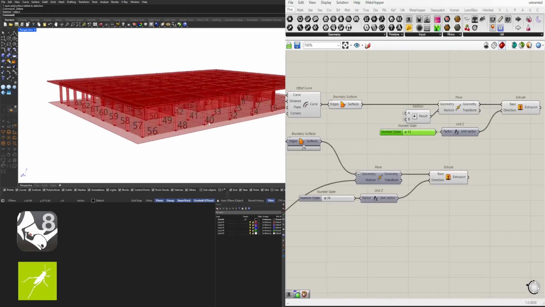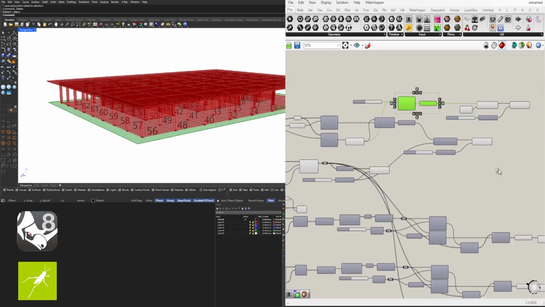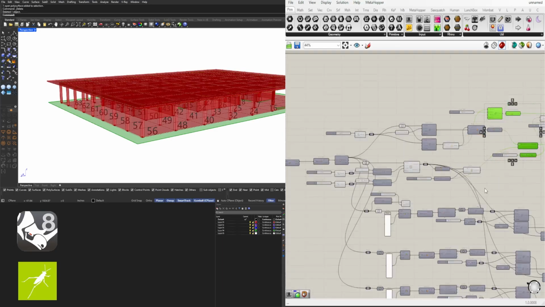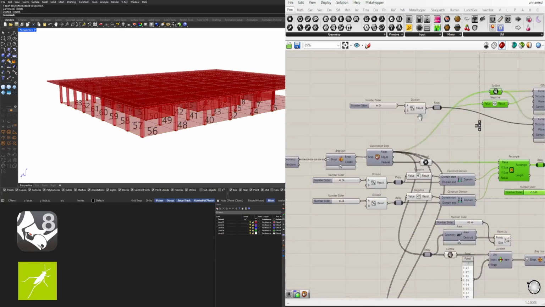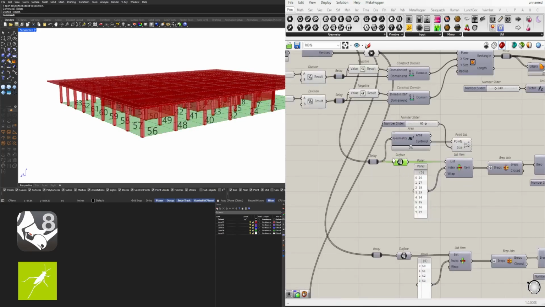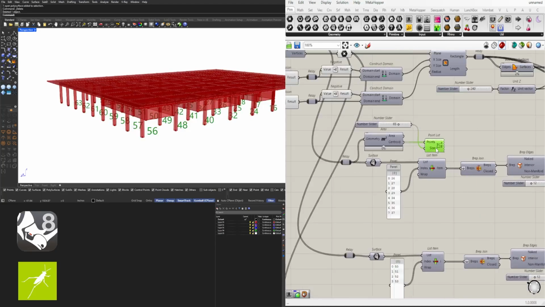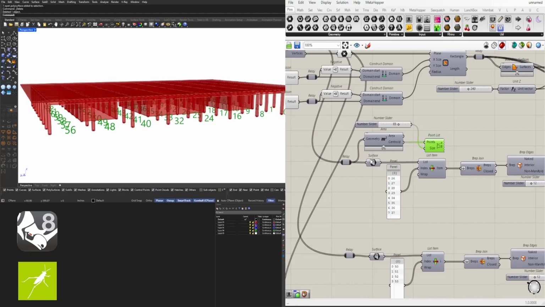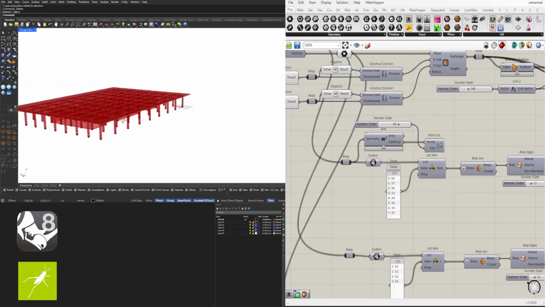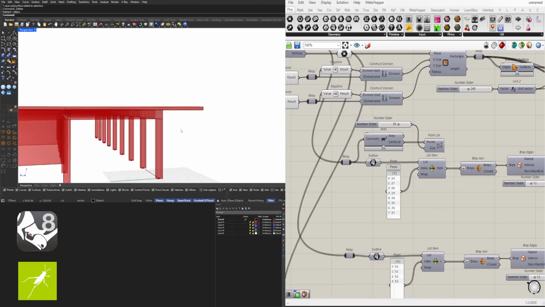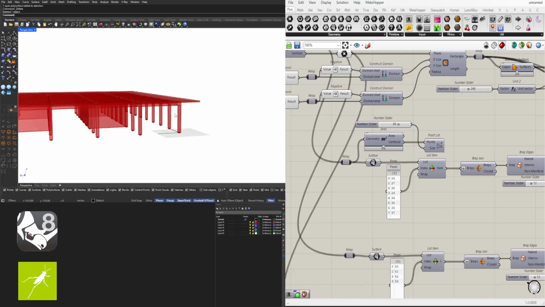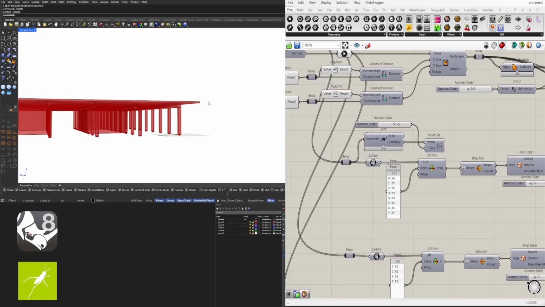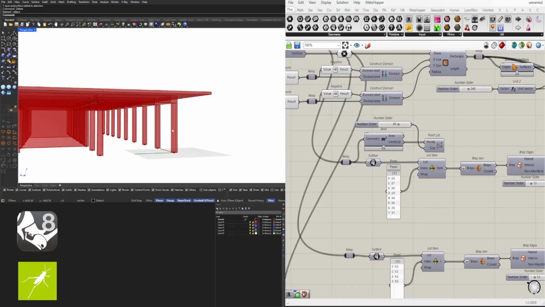If you see some distortion here on the ground, it's because we're previewing a lot of these surfaces, which are overlapping. Now we don't really need the point list unless we want to change the location of where the walls are. And so now we have a vector of the height of the column, the height of the beam, and the floor, which now we can use to create the floor array,